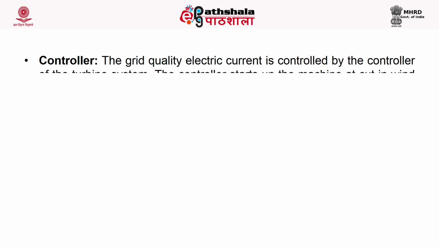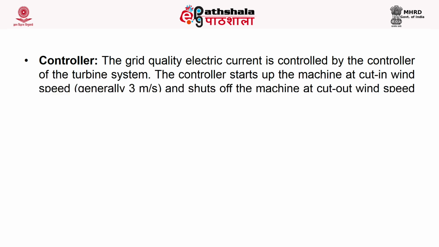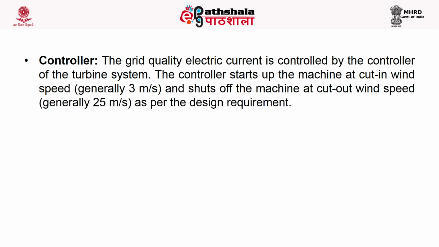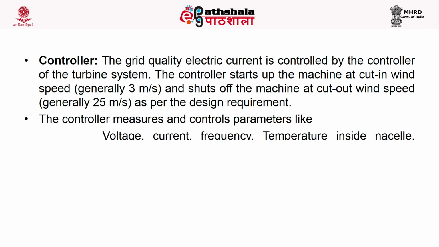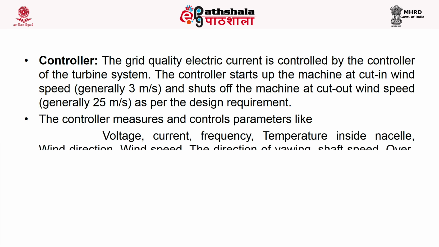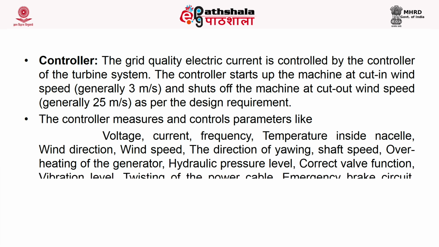Controller. The grid quality electric current is controlled by the controller of the turbine system. The controller starts up the machine at cut-in wind speed, that is generally 3 meter per second, and shuts off the machine at cut-out wind speed, generally 25 meter per second, as per the design requirement. So, it controls it. The controller measures and controls parameters like voltage, current, frequency, temperature inside the nacelle, wind direction,